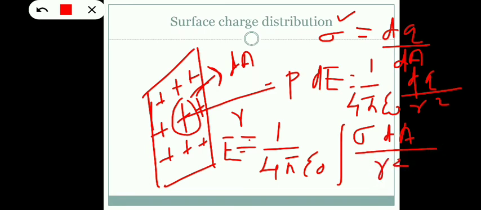Okay, children. Next, we can discuss volume charge distribution. So what do you mean by volume charge distribution? If charges are uniformly distributed within a non-conducting sphere like this, it forms a volume charge distribution. And it should be a non-conducting sphere. If it is a conducting sphere, then the charges will be distributed over the surface and it forms a surface charge distribution. Here also we need to follow the same procedure as we did before for the line charge and the surface charge distribution.